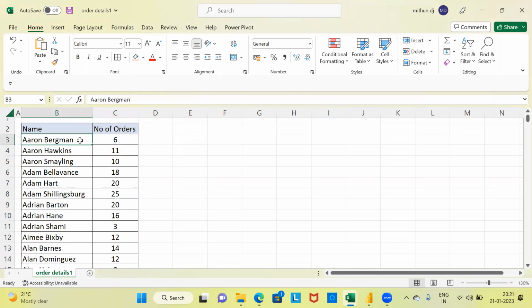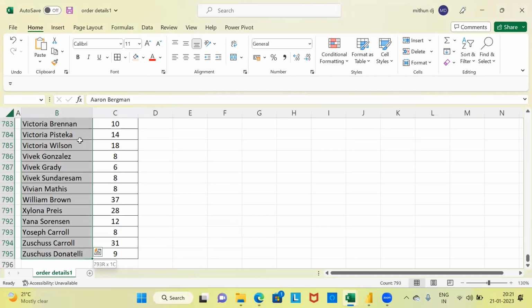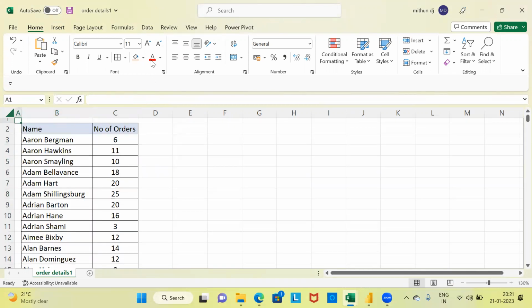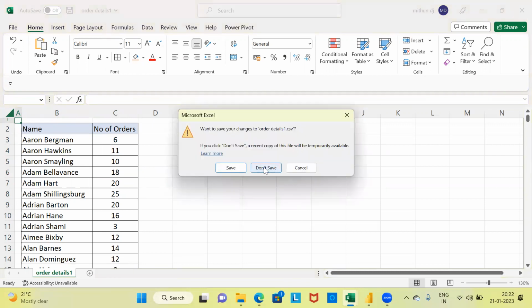It will be interesting to observe what is the sample size in this particular data set. When I select all the records, you can see here the sample size is 793. So this is the sample size. So we have order details. I like to import this particular file as well and create a model with a third source of data. Let me go ahead and